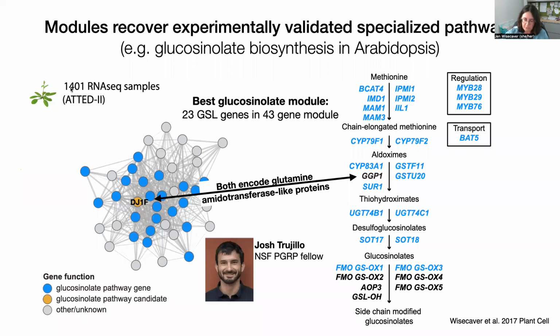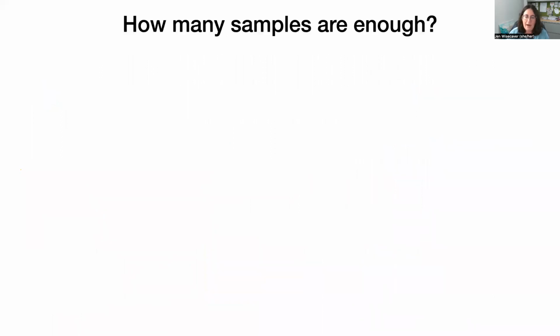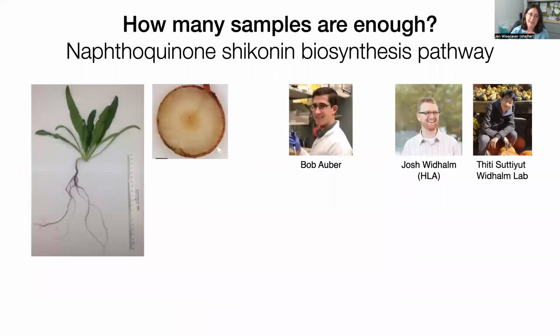For those of you working on non-model systems, or a pathway that is a lot less studied than glucosinolates, you might be wondering, now, how many samples are we talking about here? What do I need to put together in order to apply the same sort of analysis to my system of interest? And so I have at least an anecdotal story that I think may interest you,